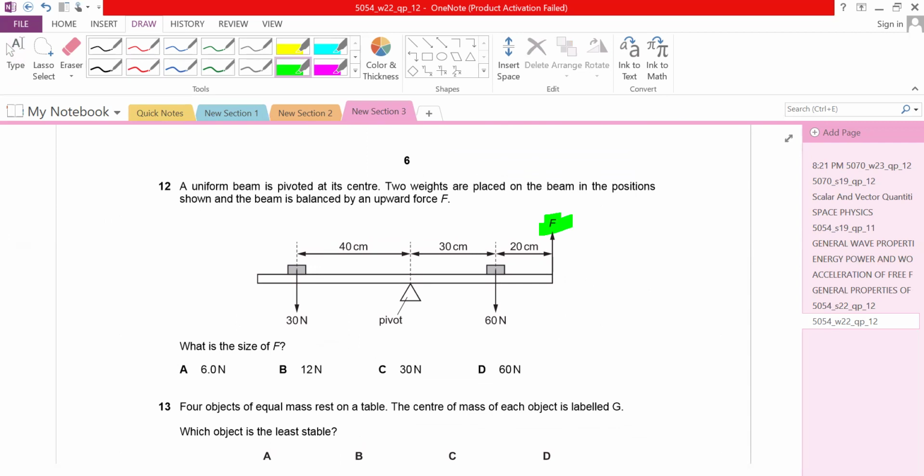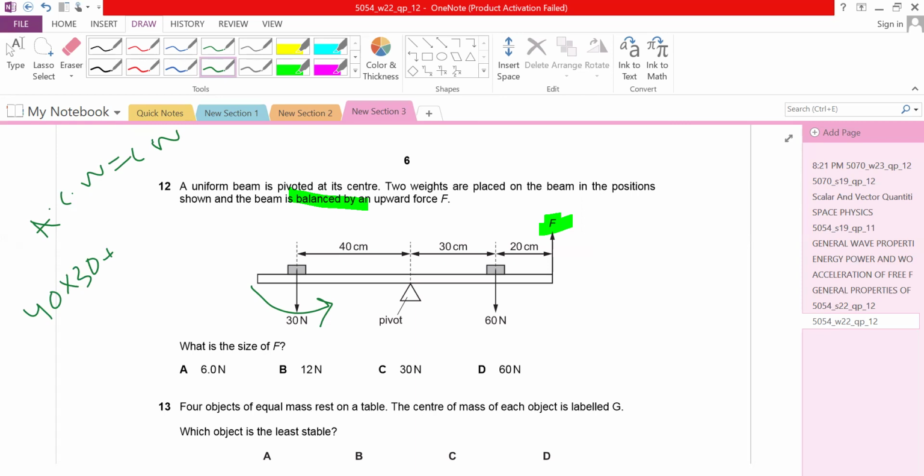For this, when the word balance is used, you will use the formula anti-clockwise moment equals clockwise moment. So let's see the anti-clockwise moment. This 30 will go anti-clockwise. So 40 into 30, plus